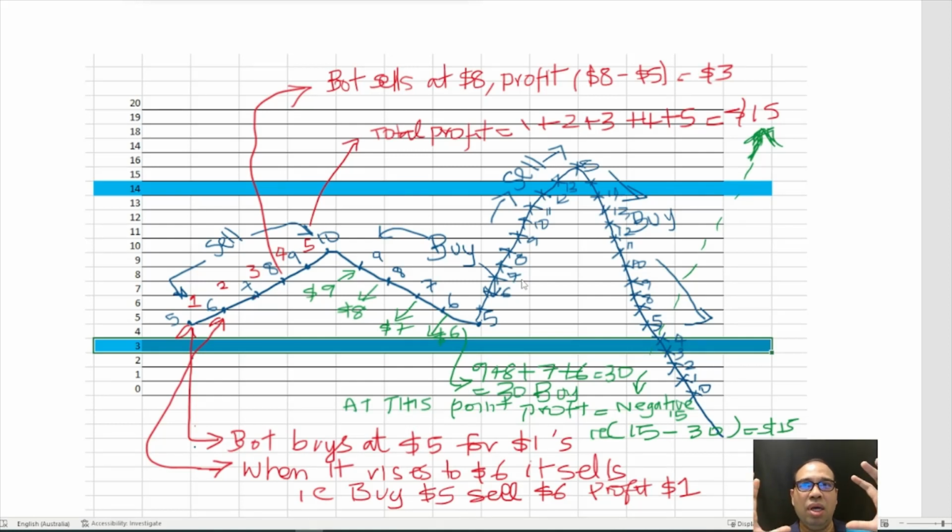Now the bot has not finished its job. The bot is still working right now. So the bot is just waiting. It may say, this is going to go more than 10, or maybe it could go. It will say, I still have more of the 5s there. I can sell them when it becomes 11, I can sell them when it becomes 12. So the bot does not know yet. So the bot waits, but oh my God, the price is now falling.